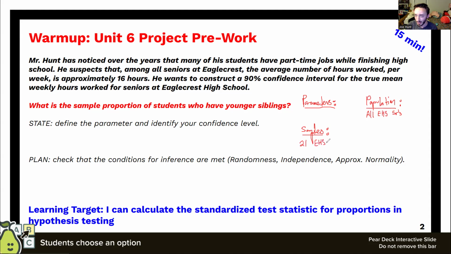I think in total we have 35 participants. Some of those are juniors, some of those are sophomores. Most of them are seniors from Prop Stats, though. So I'm trying to draw a conclusion about all seniors at Eagle Crest from this really limited group of only 21. So I've got to take this estimate with a grain of salt, right? That sample might have all sorts of different problems, all sorts of inherent biases.